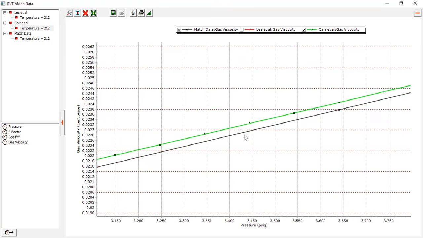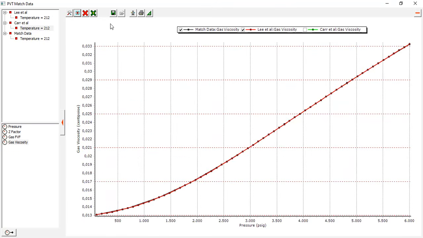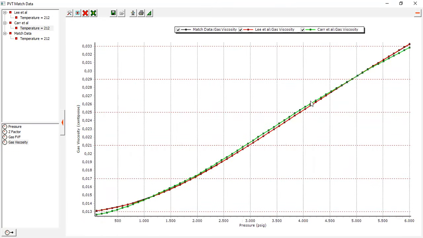The black line is laboratory data, the green line is Carr et al. So Carr et al. doesn't match very well with the laboratory data. But if I uncheck Carr et al., Lee et al. is very, very close, even after I zoom several times. If I go back, very close. Carr et al., not very good. This is for gas viscosity.